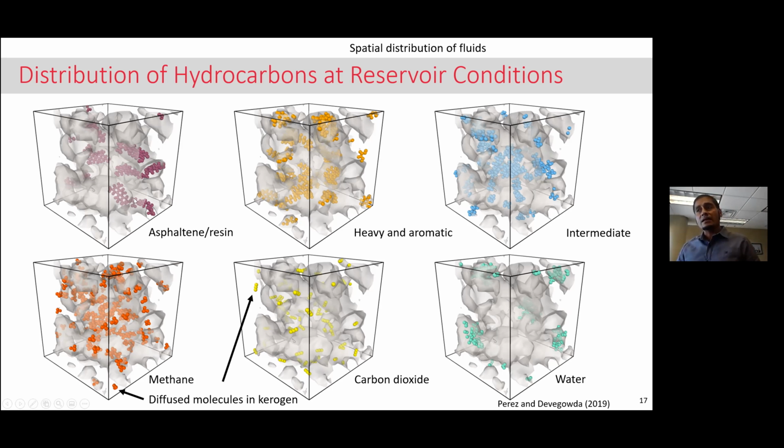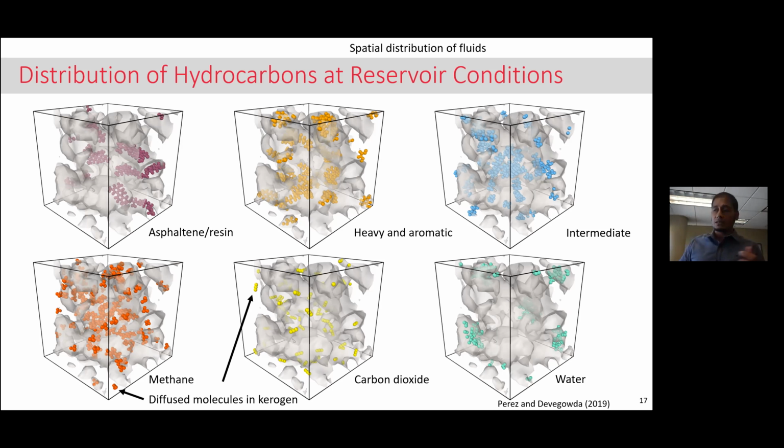But on the other hand, if you're beginning to talk about some of the heavier molecules, things like the asphaltene and the resin fraction, or some of the heavier hydrocarbon species, and even some of the intermediate hydrocarbon species, things like octane, they tend to be, at these pressure and temperature conditions, adsorbed onto the surface. And so the question then becomes, okay, now I know this stuff. I know that some of the hydrocarbon species are adsorbed and some of them are free.